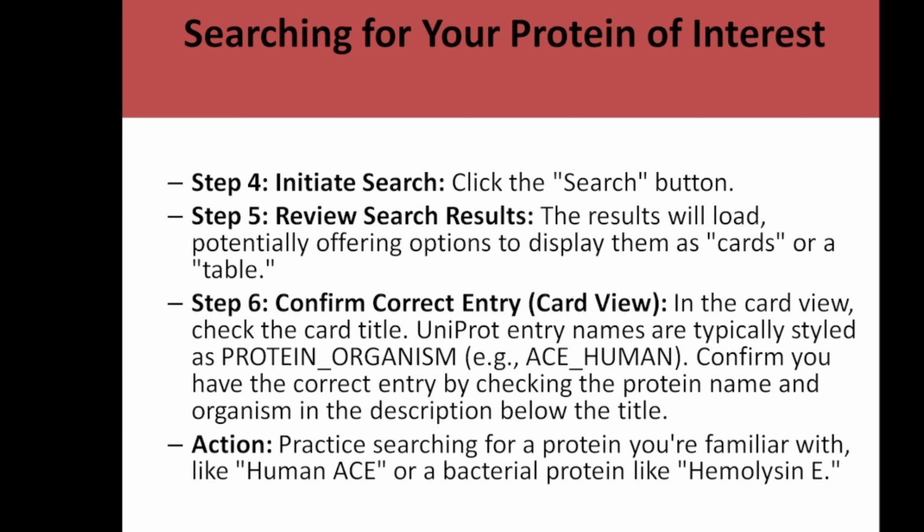UniProt's entry names are typically styled as the name of the protein, underscore, organism. For example, if you are looking for ACE, you are going to have ACE underscore human. If your protein is found in Plasmodium, it's going to be Plasmodium. Then you have to confirm whether you have the correct entry by checking the protein name and the organism